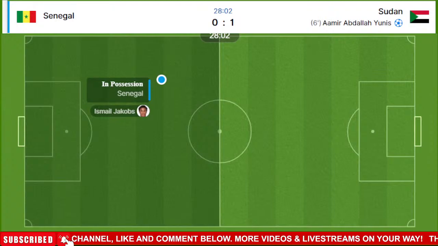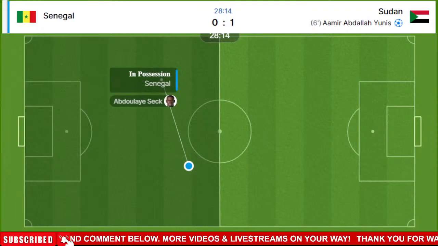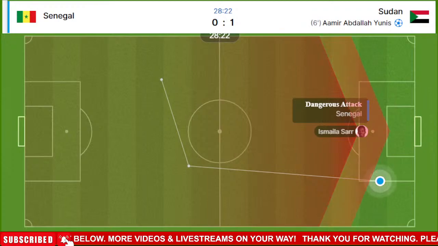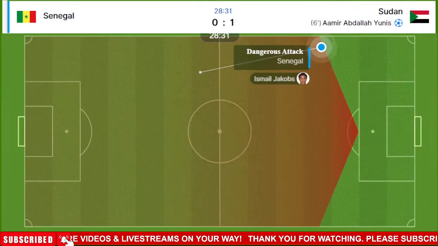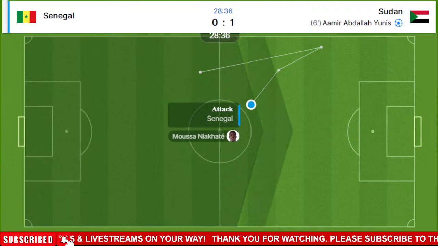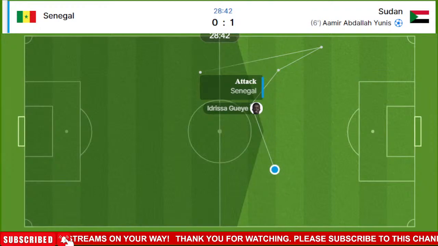A free kick instead to Senegal. Now a chance down the right hand side for Papagay. Papagay looks to pick out Sek, and he's managed to do so from inside the Senegal half of the field. Now this is Niakate. He could bring it forward and over to that left hand side. Now an opportunity for Senegal as they come forward again here. Into the feet of Diarra. Diarra now holds the ball, and this time